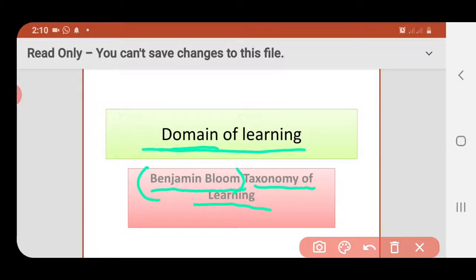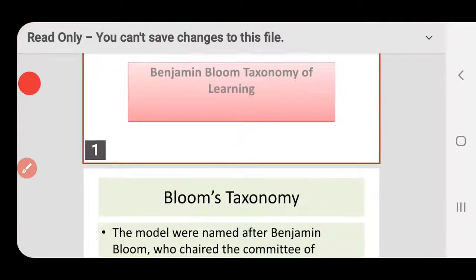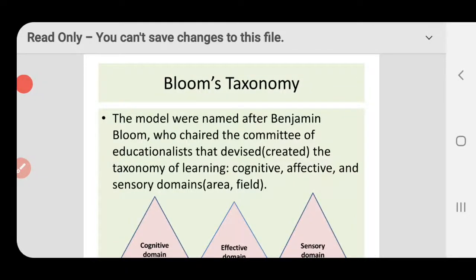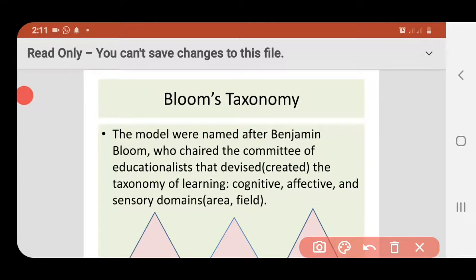Benjamin Bloom is the name of the educationist and psychologist who developed this taxonomy. And what is the meaning of taxonomy? Taxonomy means classification. Now we see Bloom's taxonomy. The model was named after Benjamin Bloom, who chaired the meeting of educationalists that created the taxonomy of learning, as I told you,